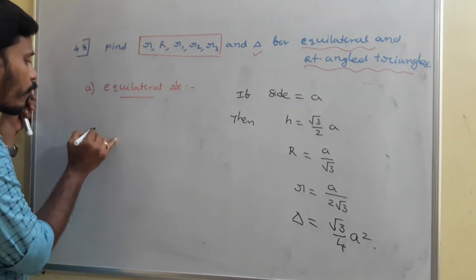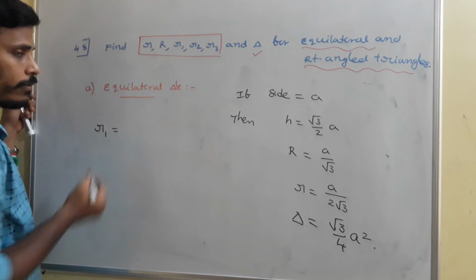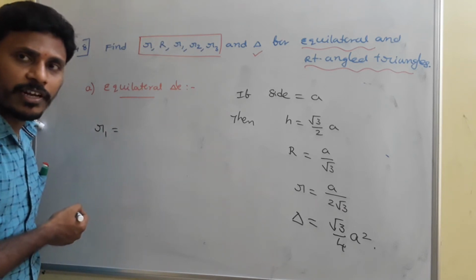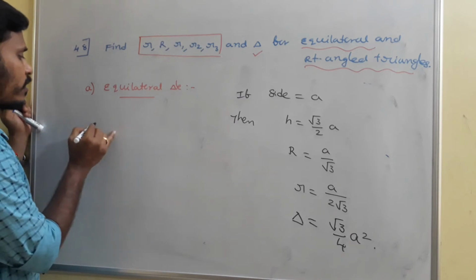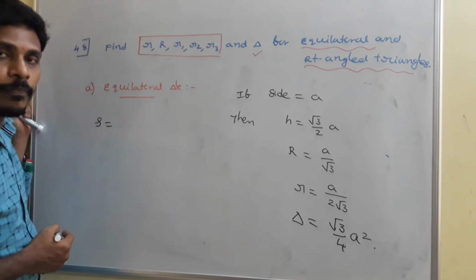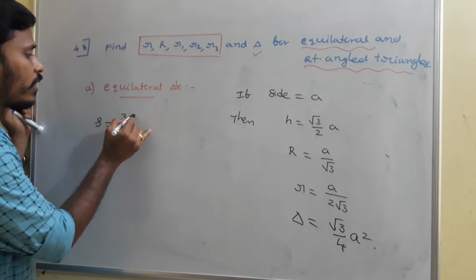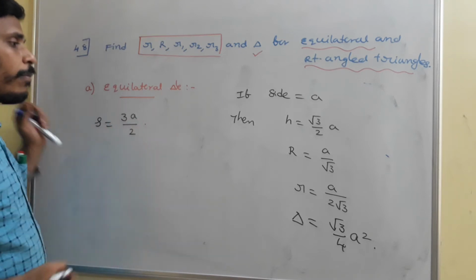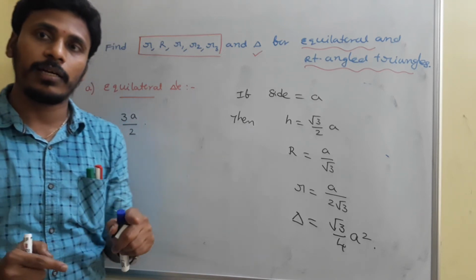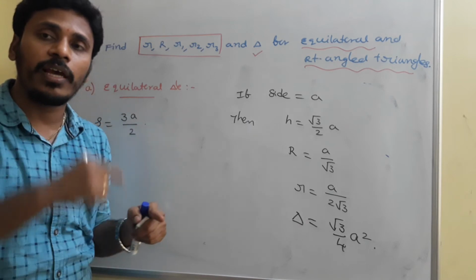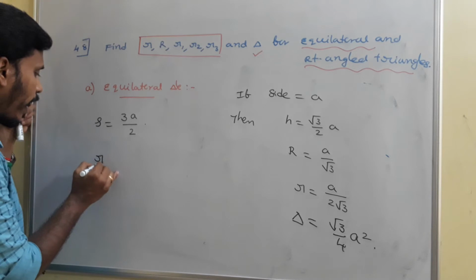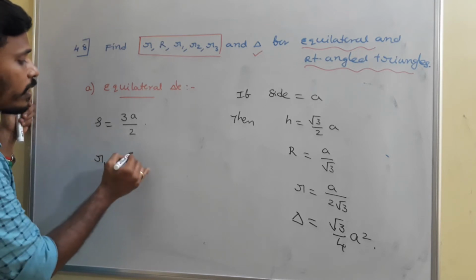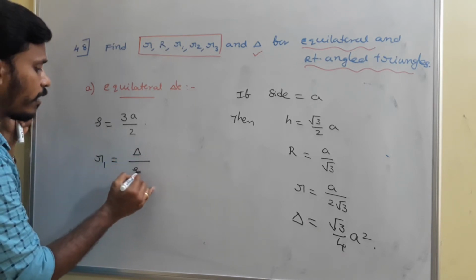And then if you think about the exradius r1, already we have a formula for the exradius, right? What is it? See, one more thing, you just calculate S, the semi-perimeter for the equilateral triangle. Semi-perimeter is simply 3a by 2. Semi-perimeter is half of the perimeter. Since each side length is a plus a plus a, 3a by 2 is the semi-perimeter. And now if you calculate r1, the rule is delta by S minus a.